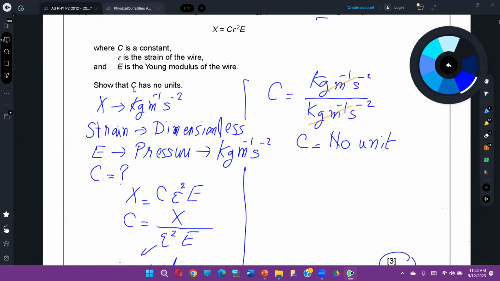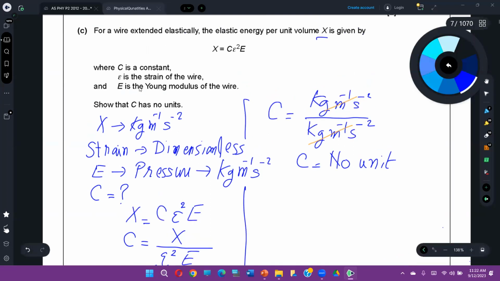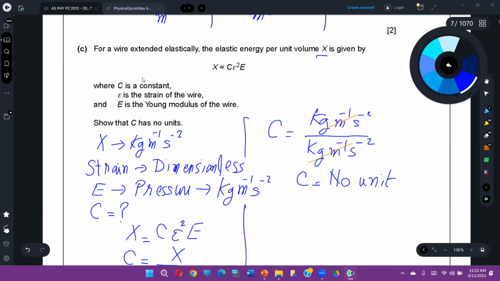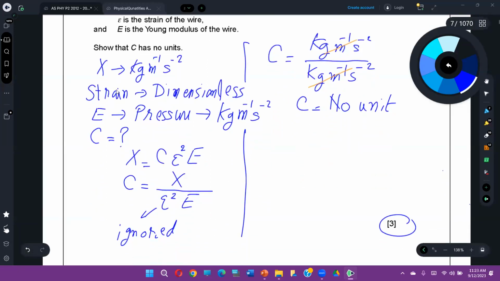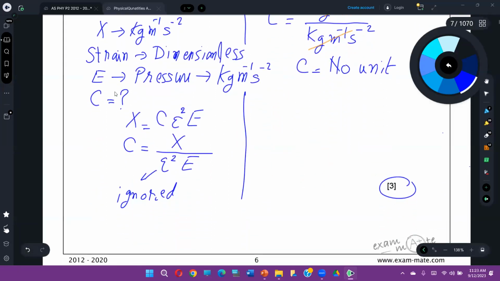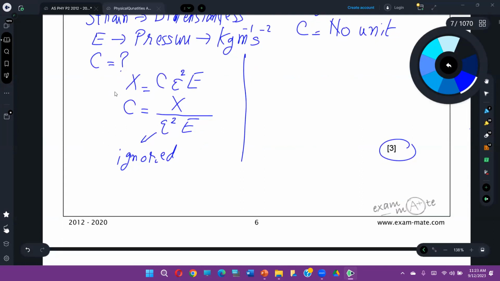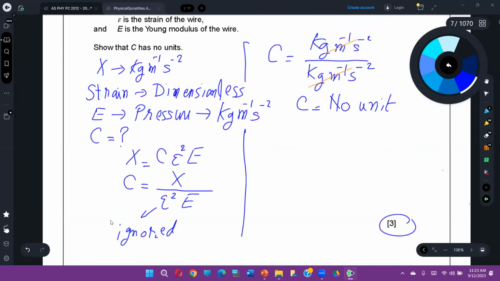Remember that point when I was doing the base unit topic in the class, I told you a very important thing. They will give you unusual formulas that you haven't seen before, to trap you and confuse you. But if you show all the steps, there is never a problem and never a confusion like that. So we stop here for this past paper work, and we will now move to our normal